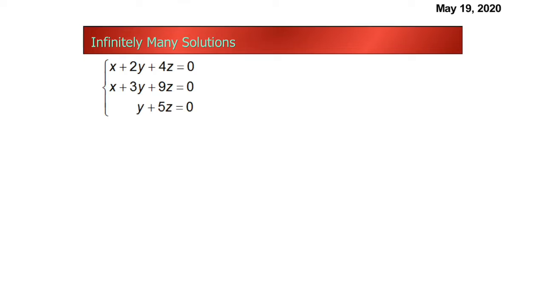Sometimes we get a system of three equations when something weird happens as we're solving, and we go, what do we do now? All my variables are gone, and I'm left with this numerical equation. Sometimes it's true, sometimes it's not true, and then we go back and we retrace our steps. Did we make a mistake? I'm going to show you